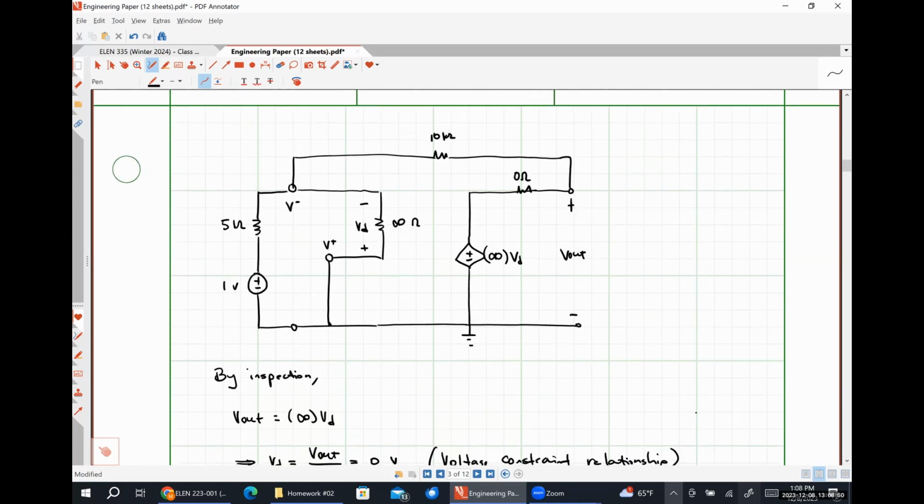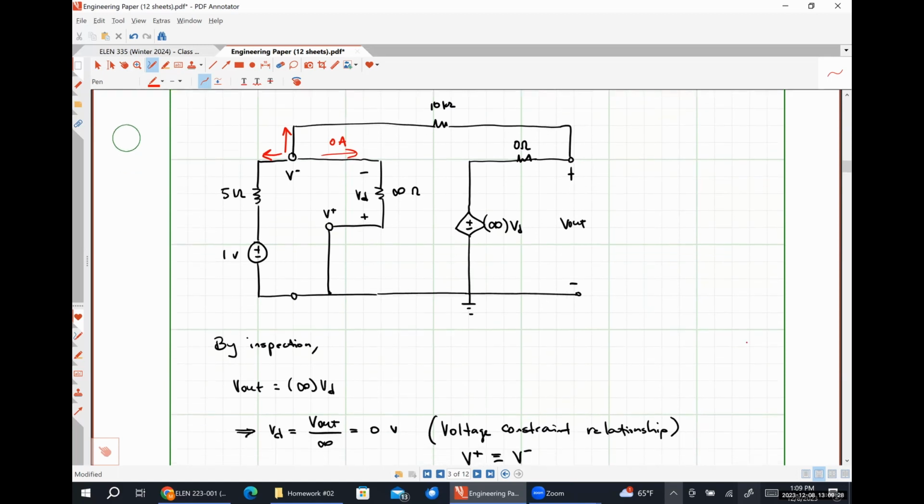now we're going to apply Kirchhoff's current law at this node. And we know that since our input resistance here is infinity, that current is 0 amp, which actually is our current constraint for ideal op-amps, right? If this input resistance is infinitely large, then we can very easily see that no current can flow into or out of the input terminals of our op-amp, which was our second rule for analyzing ideal op-amps. Okay. So from here,